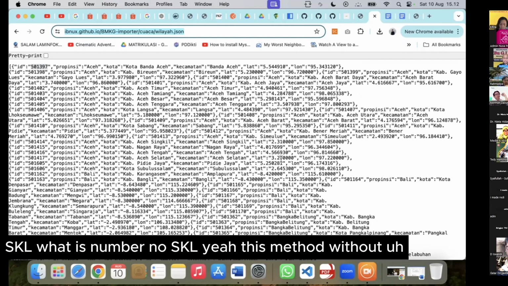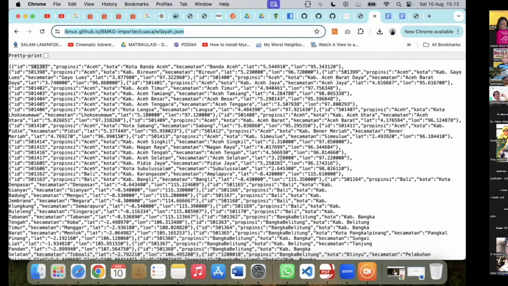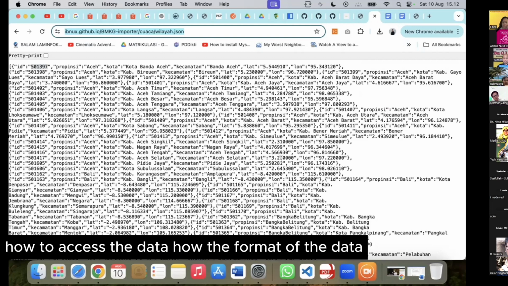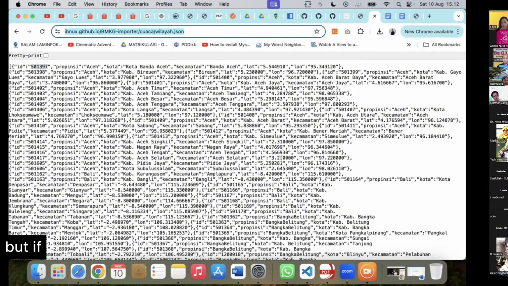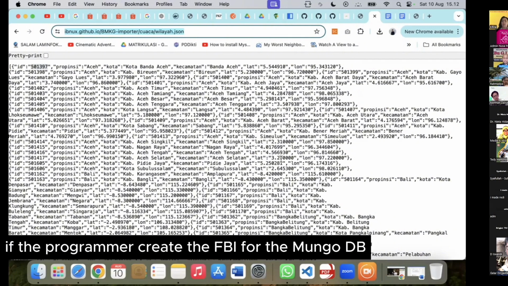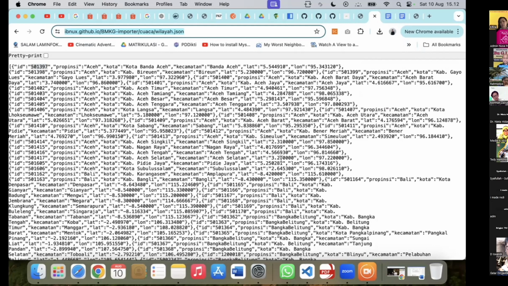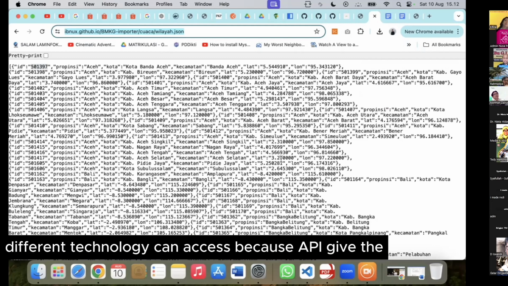Yeah, this method without the function in structured query language. For example, MongoDB has a different way to access the data, a different format of the data. But if the programmer creates the API for the MongoDB, anyone with a different technology can access, because API gives the general